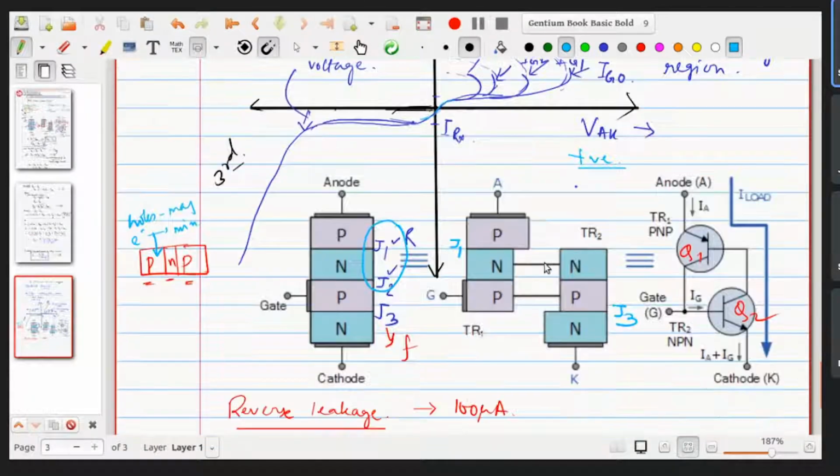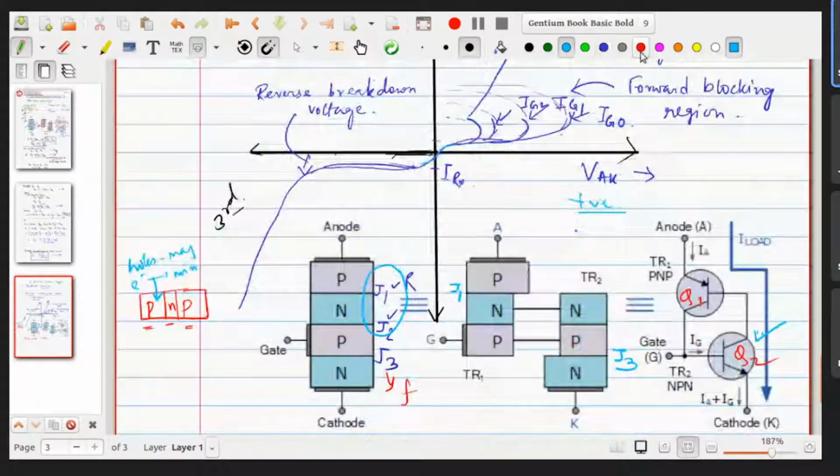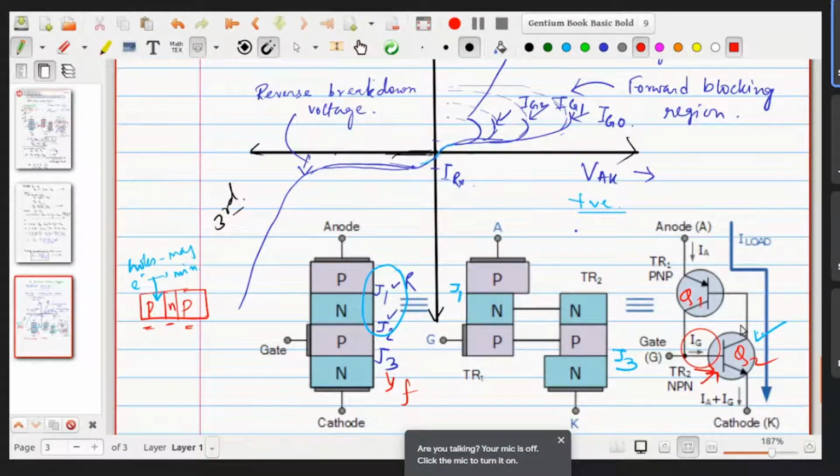Transistor Q2, follow this step. Transistor Q2 is in cutoff. Why? Because Ig equal to 0, that means the device is not getting any current. So this is already in cutoff. The transistor base is in cutoff. Q2 is cutoff because there is no base current, Ig equal to 0. And so also if this is 0, we are not going to get any current at this point. The same thing happens for the transistor Q1 also.